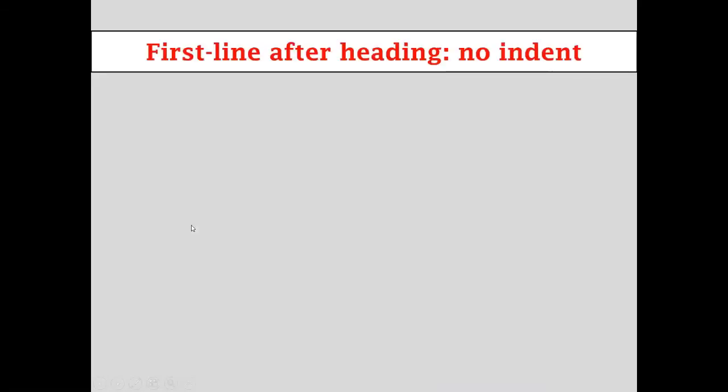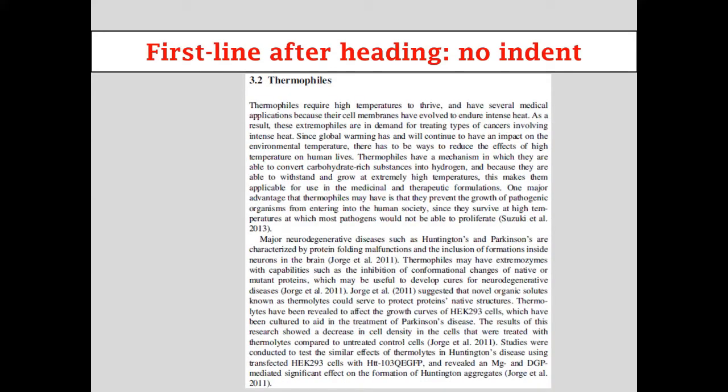What I'm getting at is you should get into the habit of examining documents, the appearance of which you like, and then try to figure out what it is about that document that is giving it that extra edge. For instance, there's a convention more common in European and British publishers that the line that follows a heading is not indented. Subsequent paragraphs are marked by first line indents, whereas US publishers will uniformly indent the first lines of paragraphs, whether it follows a heading or whether it doesn't follow a heading. It's a matter of style.